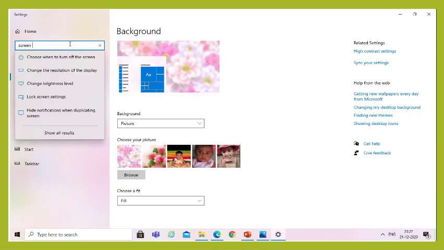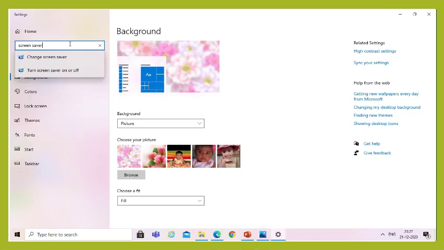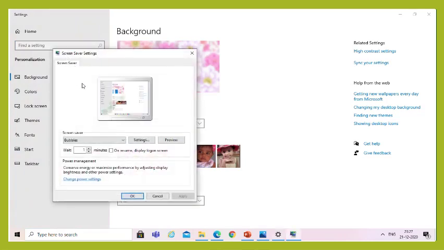Now I am going to select the screensaver. Okay, now you can see the screensaver settings window appear.